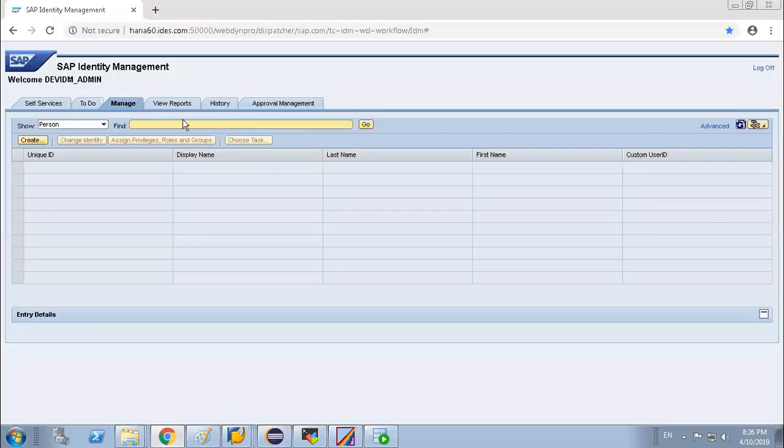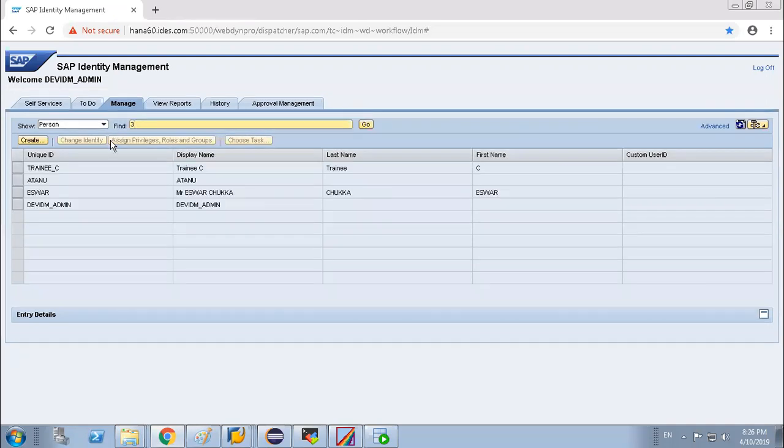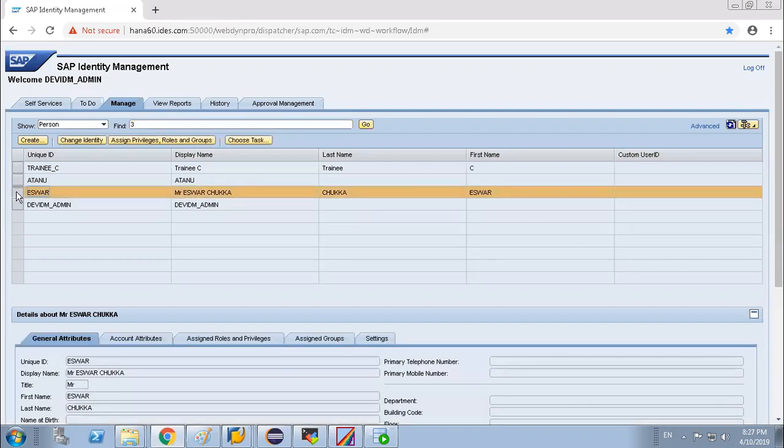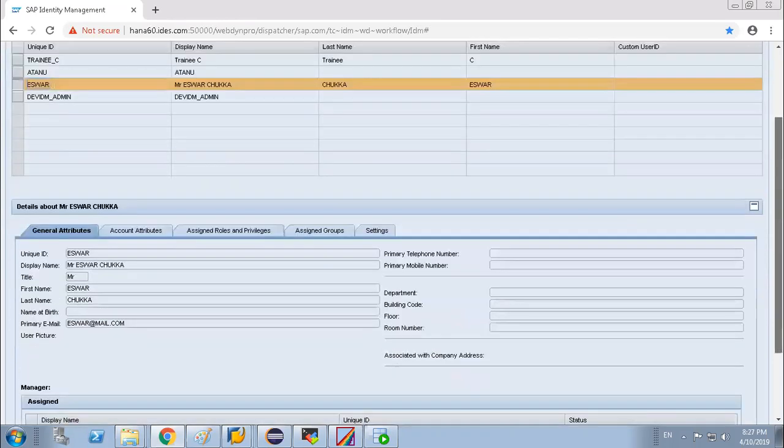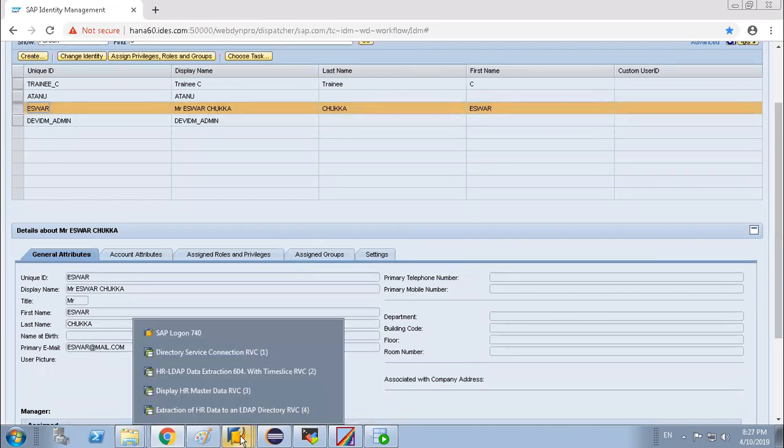So if you go to IDM, click 00000003. Actually, don't come because I maintained the 0105 info type. Oh, you maintained the info type. That is why the info type is coming up. This info type is updated. I maintained it in the 0105 communications info type. I maintained the user ID in HR.